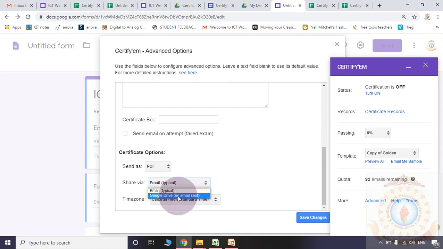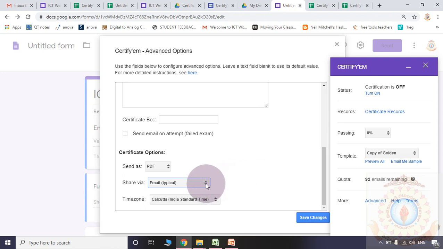In some websites they will tell like, if you are selecting Google Drive in this place, you may send more than 100 certificates. If you are selecting email, if you are sharing via email, you may send only 100 certificates. Yes, that is true. By using Certify EM, we will send only 100 certificates in one day.